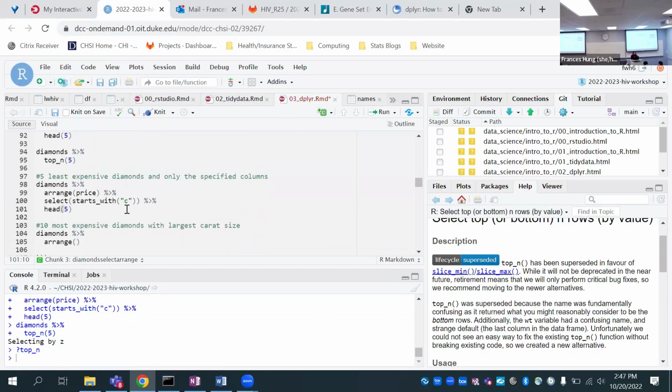So in this case, for diamonds, the least expensive ones, you would do slice min 5, I think. And the rest can be the same. Sorry, just this select thing can be the same.